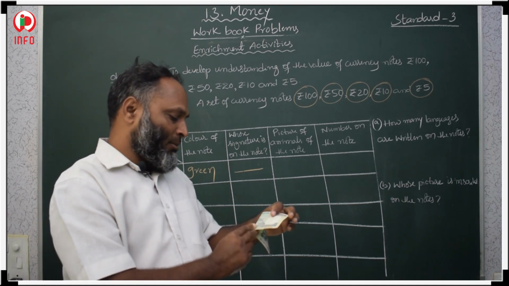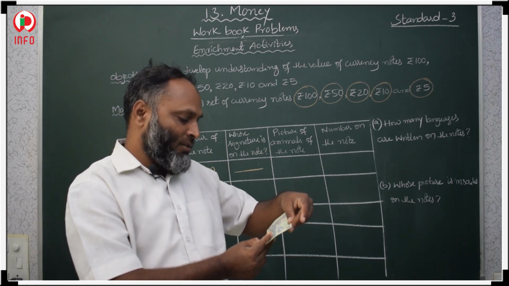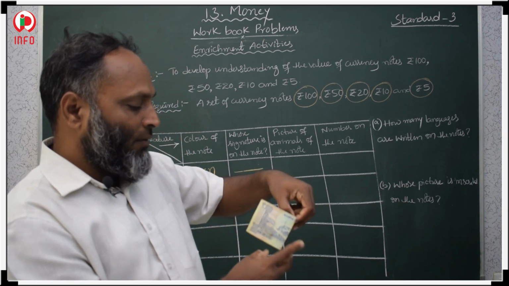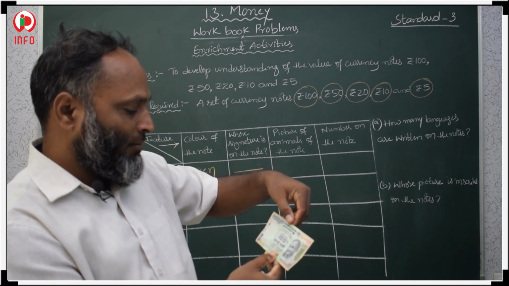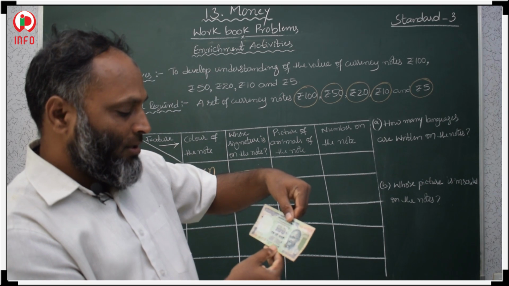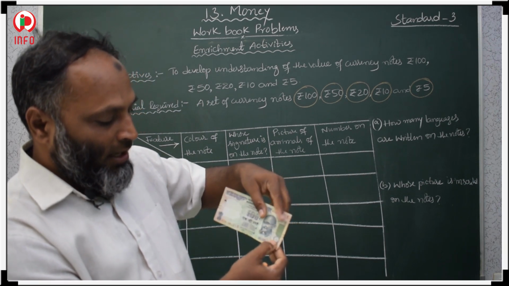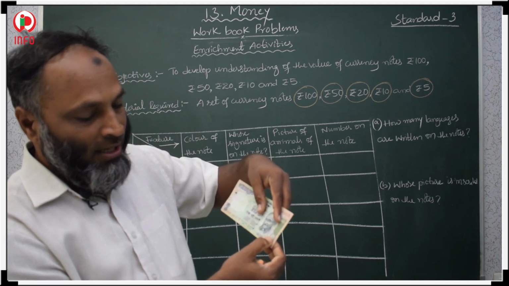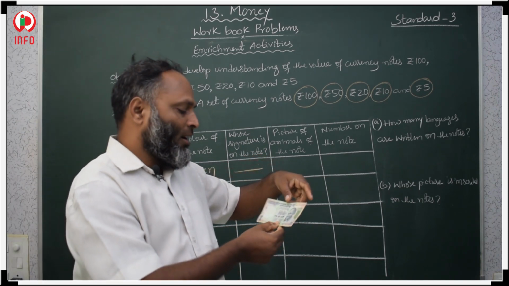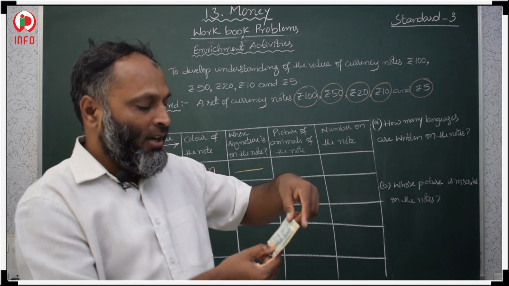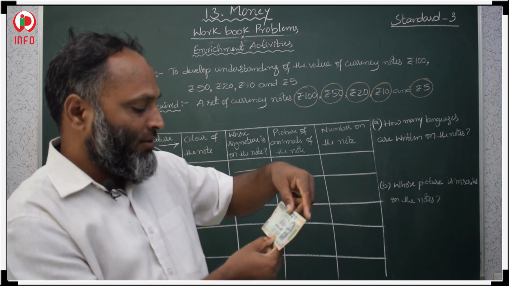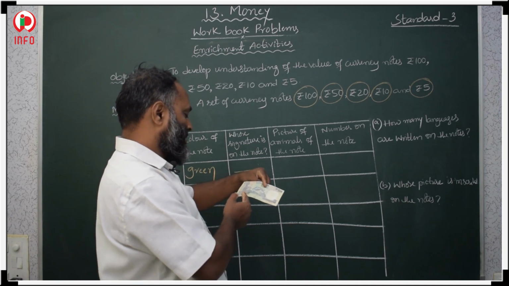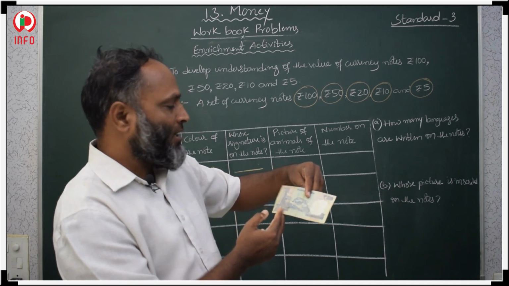Okay, and animals, if any animal is there on the note, first you find, if an animal is there, then write. Which animal is there on the note? If it is not there, then leave it blank. So here on the 100 rupee note, one animal is there, the Reserve Bank stamp has a tiger, so that is commonly in every note. Other than that, if any animal is there, first you find and write, otherwise you leave it. First you see in detail and write.